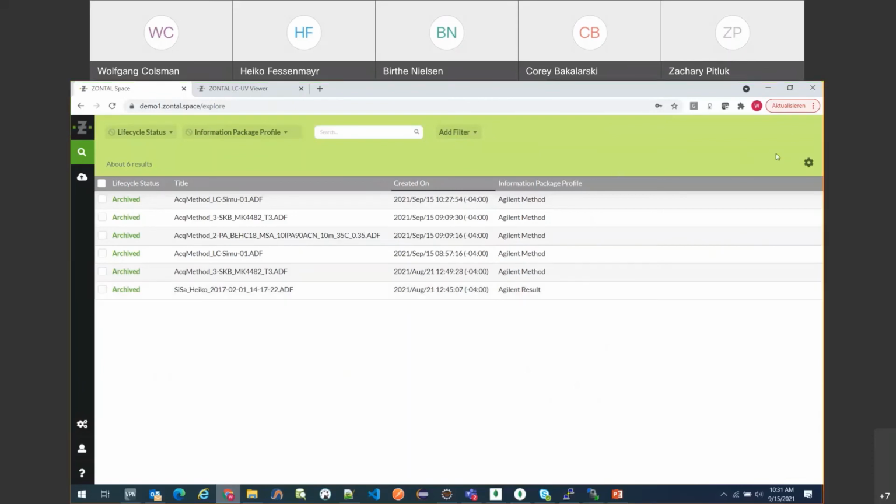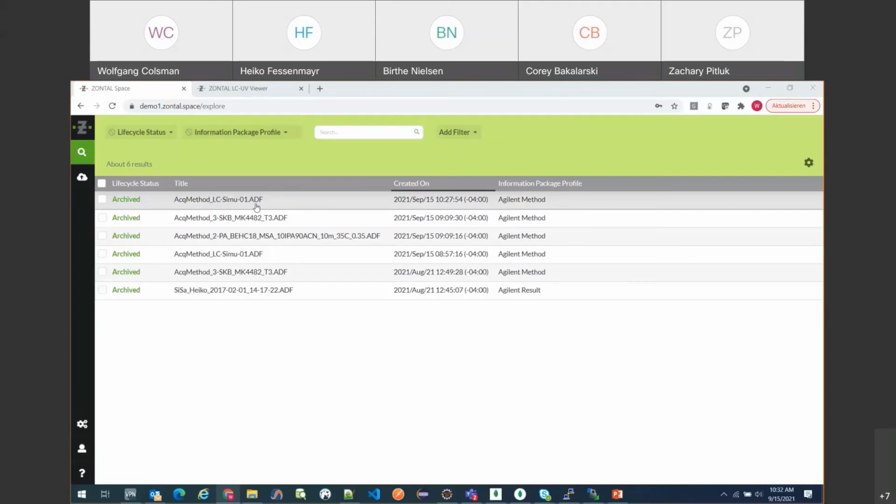So we have presented the integration of the methods into ZONTAL previously. What I want to show you today is how we have now extended the methods database to allow you to actually look into the methods file. So we see here that we have the methods file provided by Heiko. The methods have been provided by both Merck and GSK. So we can really see now that we have one database that can be used to exchange and transfer methods